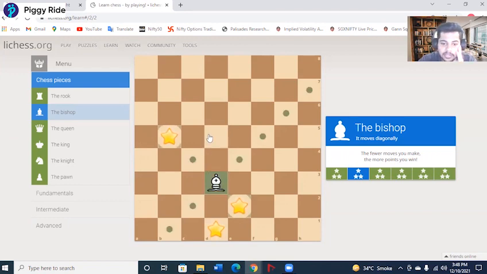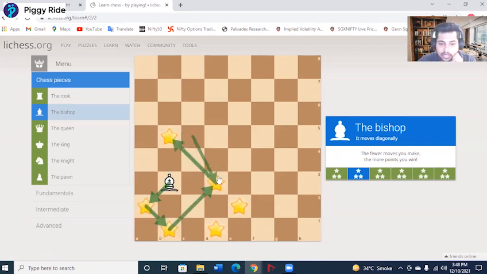Okay, I'll show it to you guys once. See, one, two, three, four, coming back down to capture this, five, and then six. So if we follow the method that I told you, it is taking us six moves to capture all the stars. But what if we went the other way around?